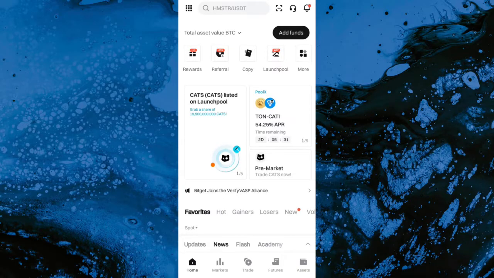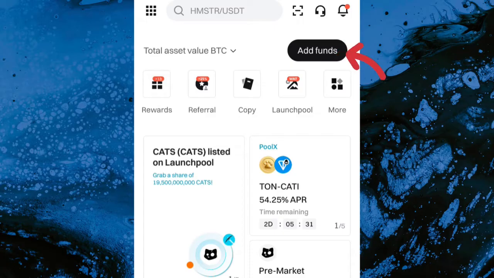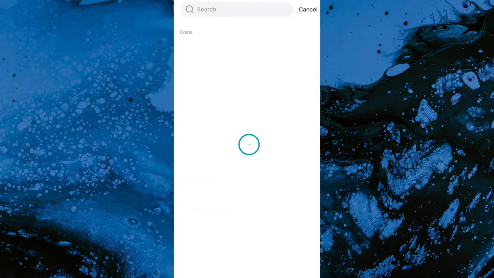So guys, you have to be at the home page, and if you look at the upper right-hand side, you're going to see Add Fund. Yes, let's click Add Fund and this will come out, and what you're going to do next, you're going to see Deposit Crypto. Let's click Deposit Crypto,